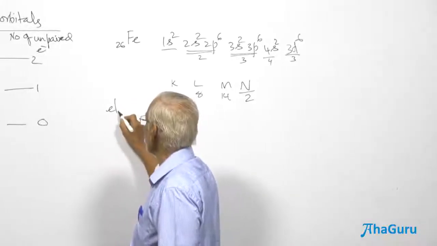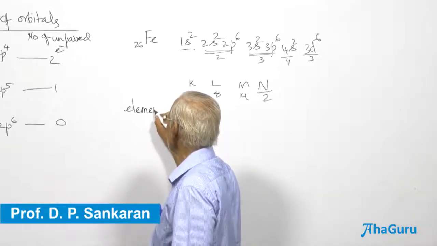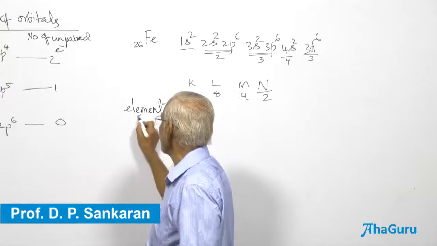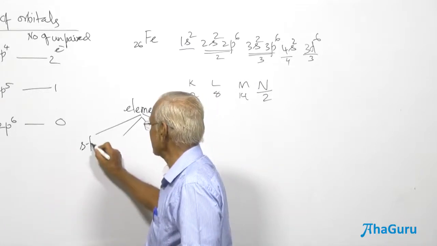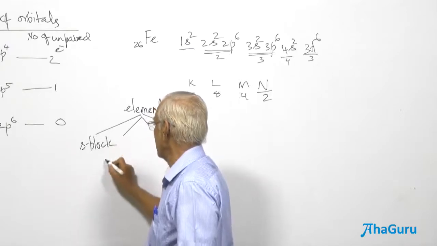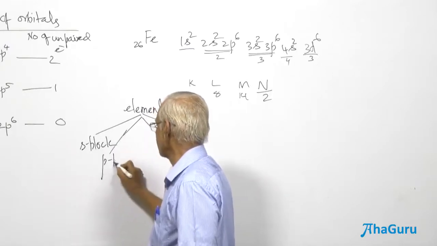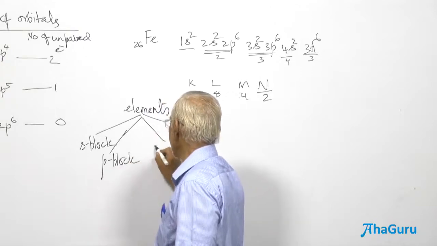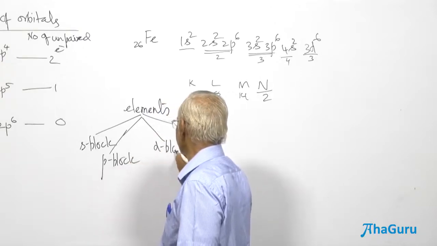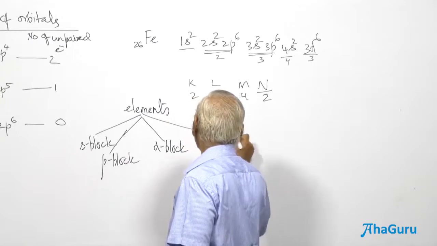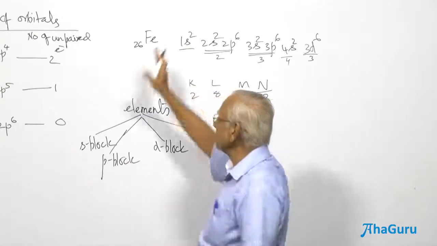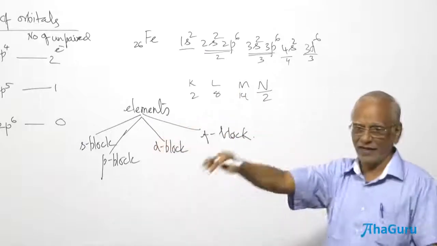The elements are now classified. Here you understand, this is going to be S block element, P block element, D block element, and F block element. The Aufbau principle helps you to identify